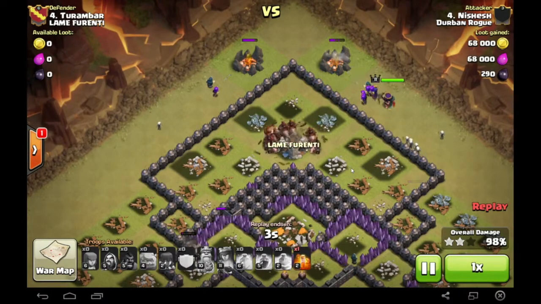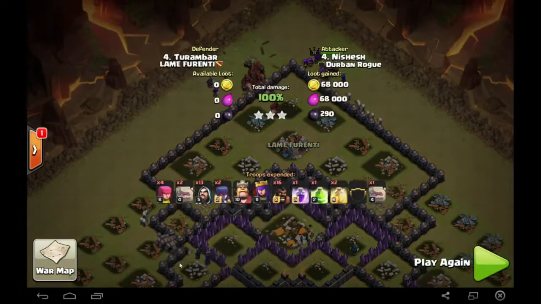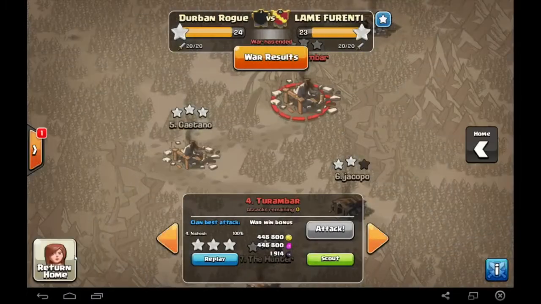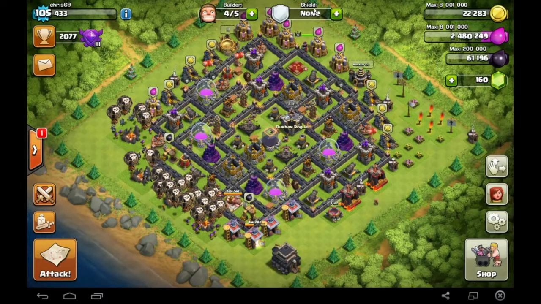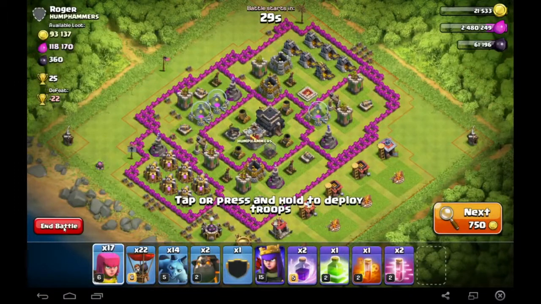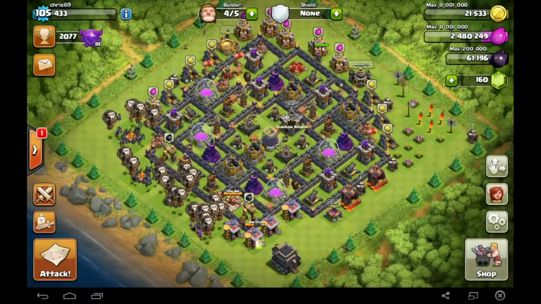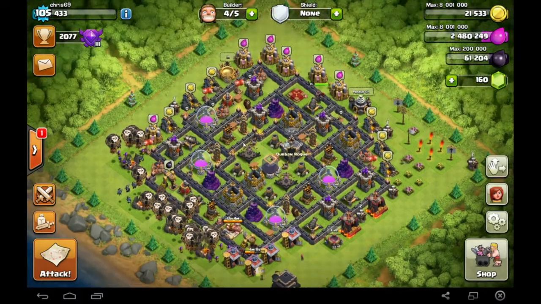Also, how shields work now is that you won't lose your shield completely anymore. Even if you have, for example, a 12-hour shield and you go to attack and find a match, you will not lose your shield completely. You will only lose 3 hours of your shield. So if you have a 12-hour shield, it will become 9 hours, and if you try to attack multiple times within